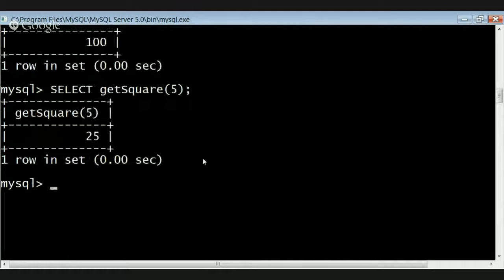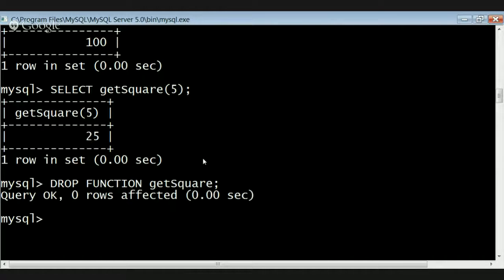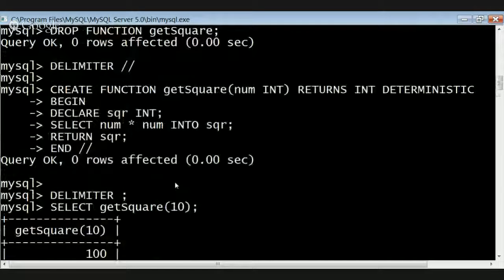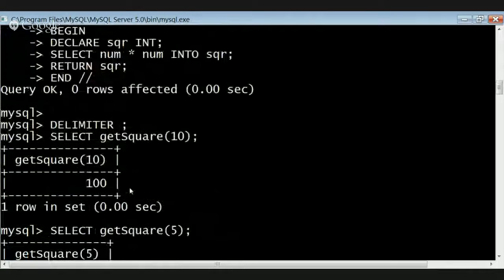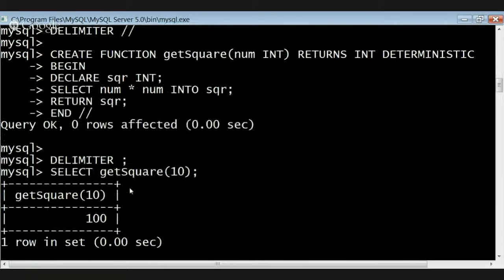If you want to remove function, drop function, function name. Function got dropped. It is removed from the database. This is how we can create a new function, call it, and remove that function. As part of the function, we can also use programming constructs